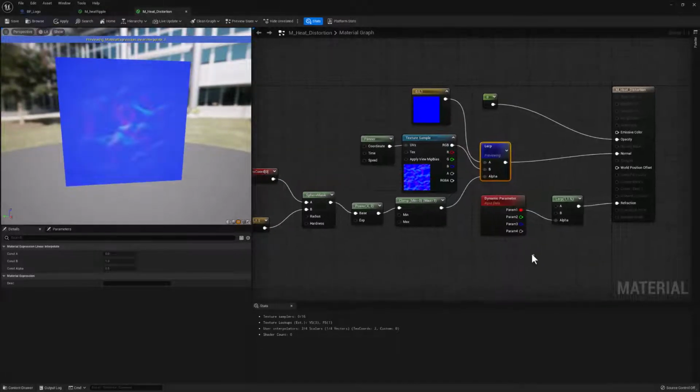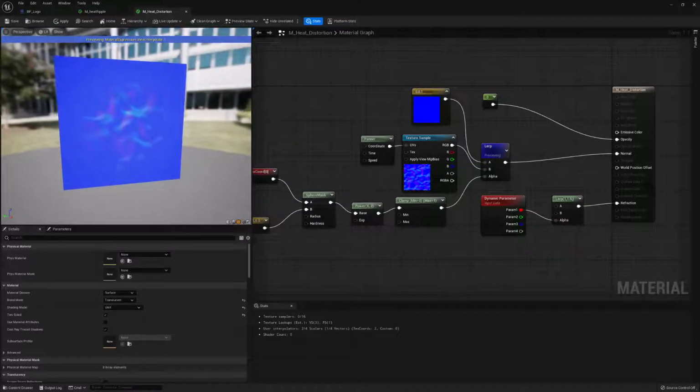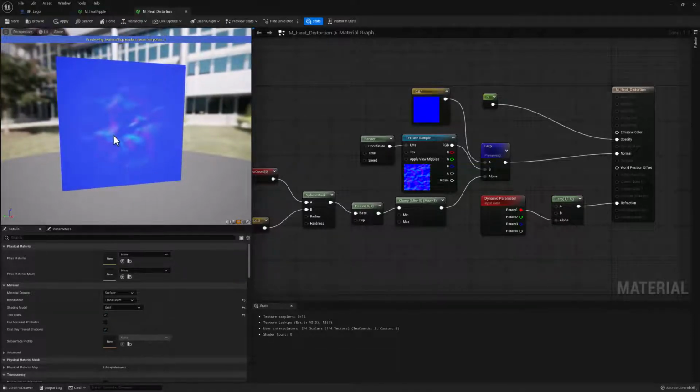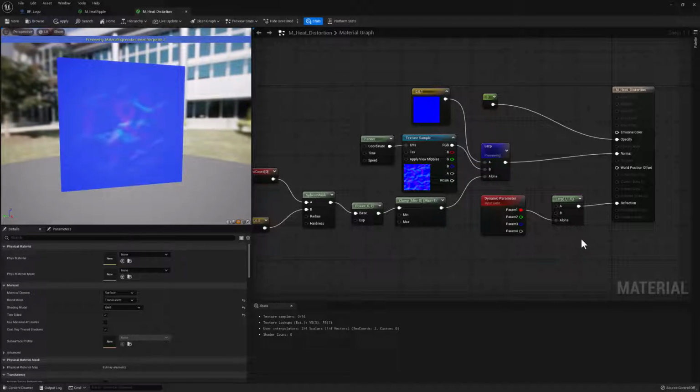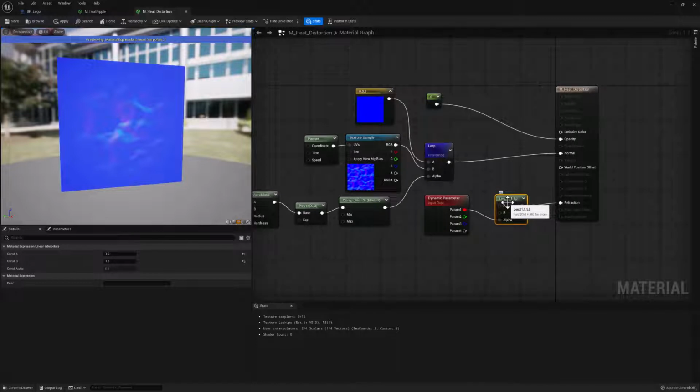And then there is a dynamic parameter here, which is the lifespan of the particle. The assumption is there's going to be a bunch of planes, little cards generated by the Cascade particles. And then it's just assigning this texture to another lerp here. And we're lerping between 1 and 1.5. And what that means is 1 is going to have no refraction and 1.5 is going to have a lot of refraction. So as the particle, I guess, in this case,